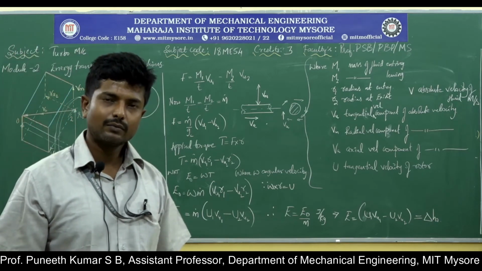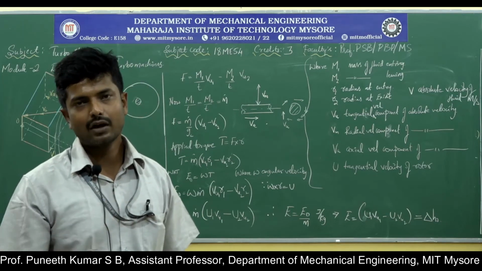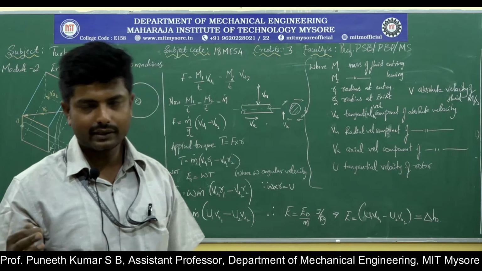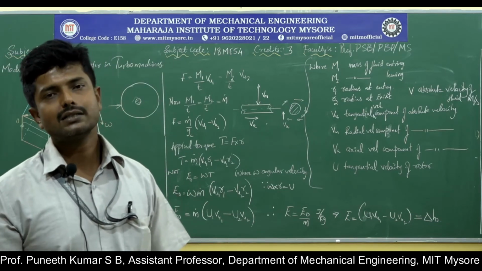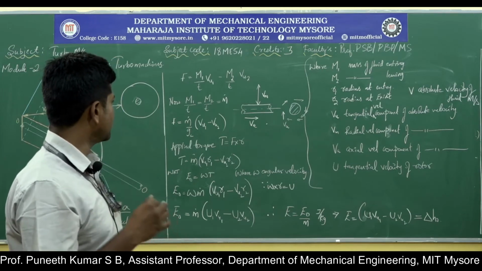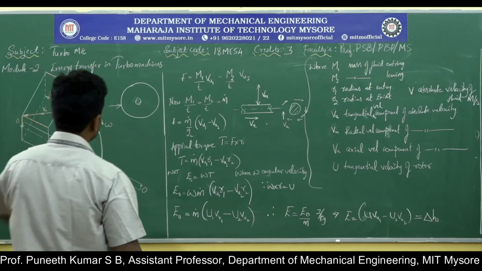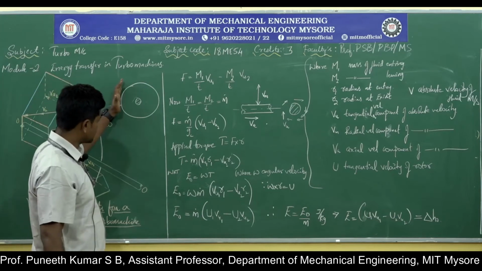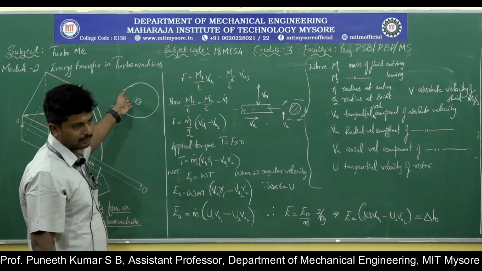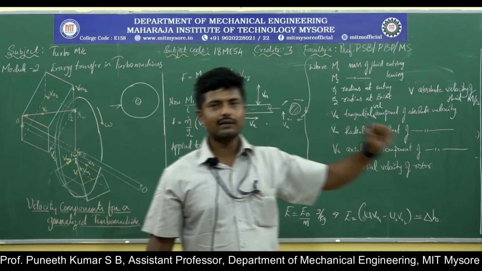The definition of a turbo machine itself says that any device or machine which is spinning on its own axis and transferring energy from fluid to mechanical or vice versa is called a turbo machine. In which direction should we apply the force for the wheel to spin? We have already seen two directions. Applying a radial force is not going to work, and applying an axial force is not going to work. The only force left over is the tangential force.